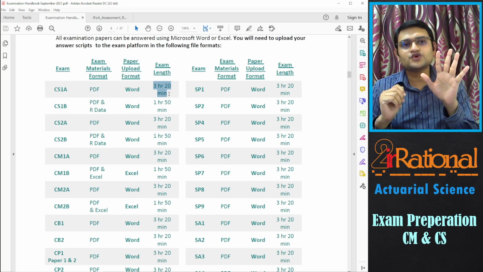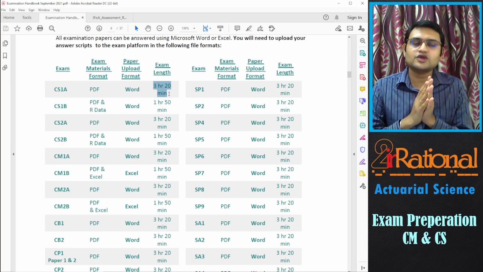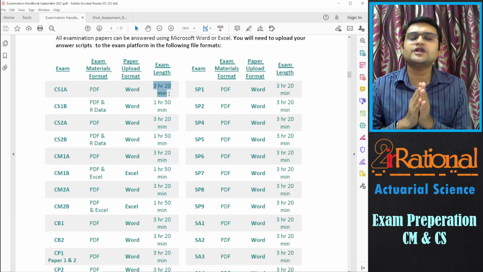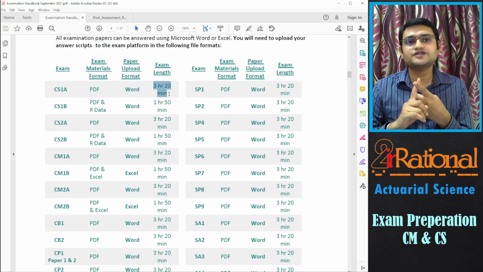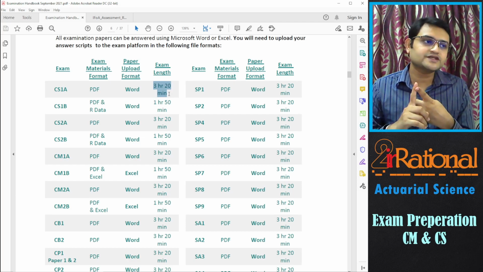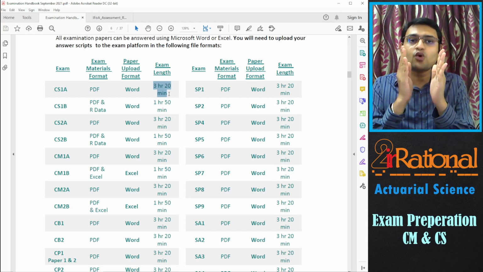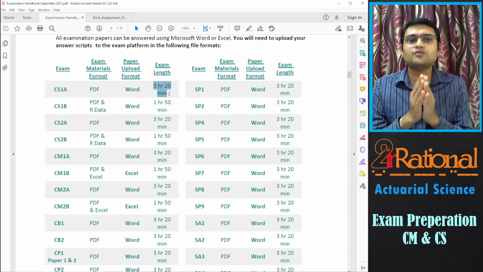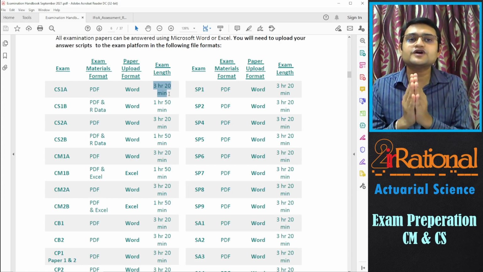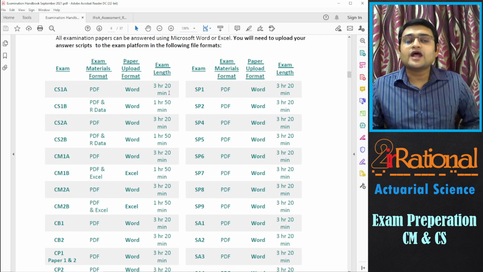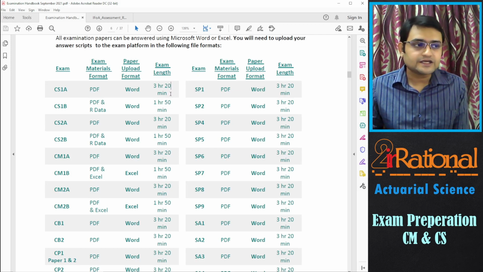They have said 5 minutes you have for downloading and printing your paper and stuff, but you can use that for writing your examination as well. So 3 hours and 20 minutes is given for your writing of the examination, and then plus 30 minutes is given to you for uploading the examination. As soon as your 3 hours and 20 minutes are over, you should not keep on writing. You should not save the file after that time is over. So the additional 30 minutes that are given to you are for uploading your examination only.